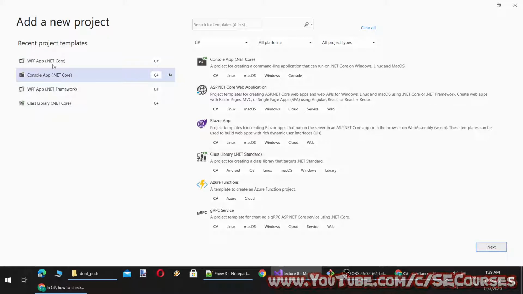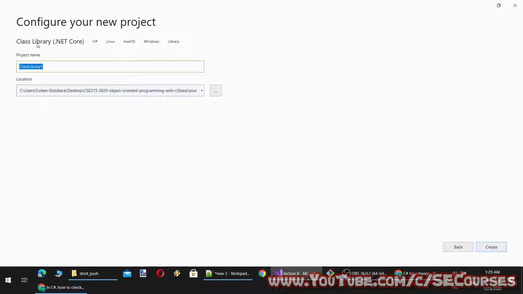For a DLL file, we don't need WPF or console. We just need class library .NET Core. Next, and let's name it example DLL and create it.